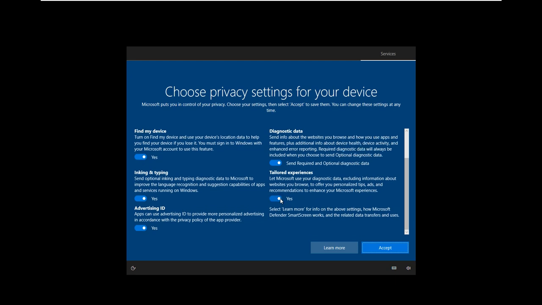Then you have the option of advertising ID, so that apps can use the advertising ID to provide more personalized advertising in accordance with the privacy policy of the app provider. When you use some apps, you see some apps are free to use, some apps are not free, some apps are free with ads. So those free-with-ad applications can show you personalized advertising based on your browsing